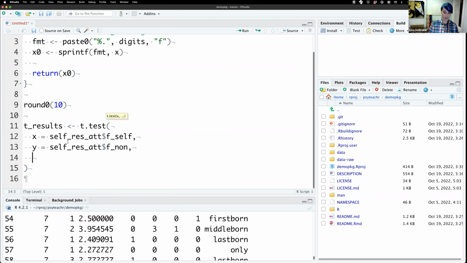And we want to say paired equals true. All right, so we're going to work out how do we do a specific t-test with named x and y